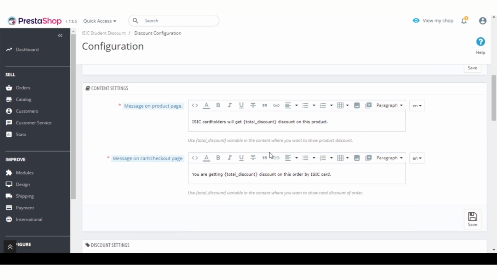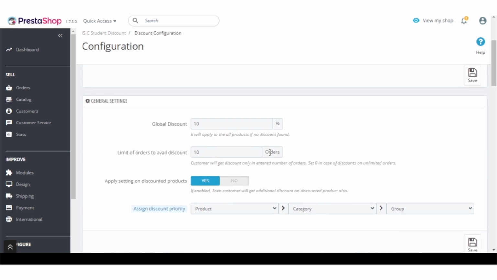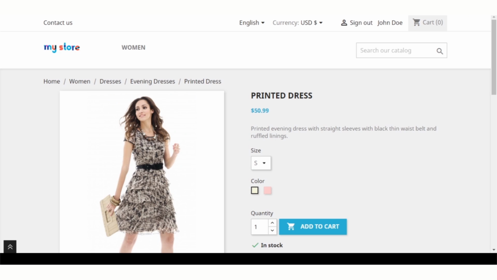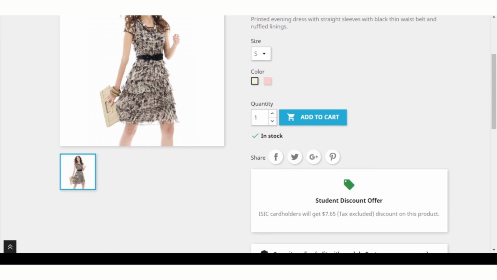So according to the priority defined by the admin under general settings, product ISIC discount will be applied.